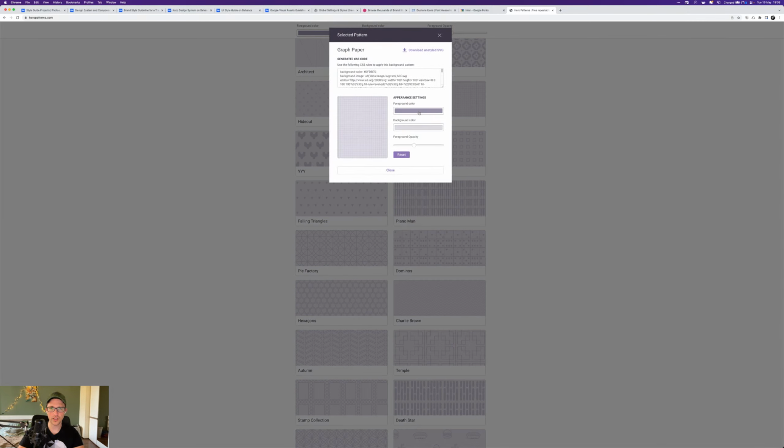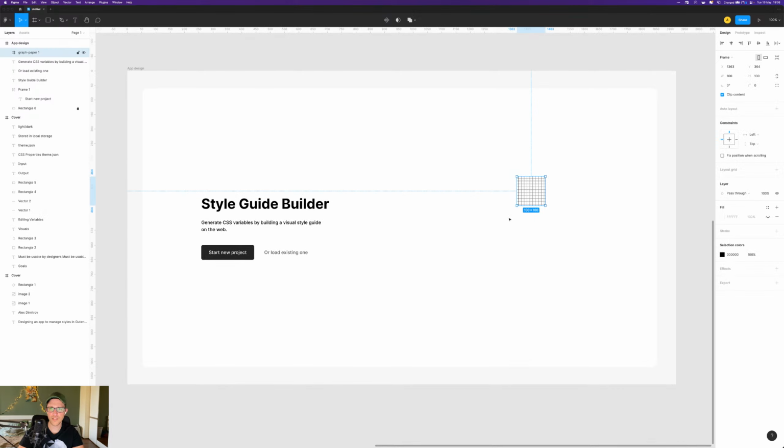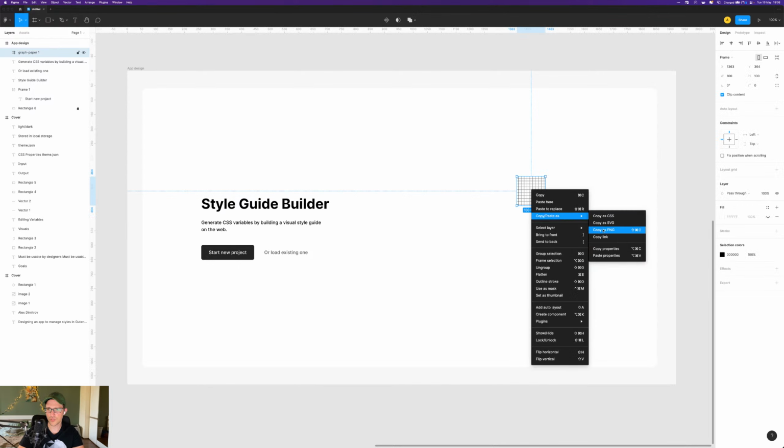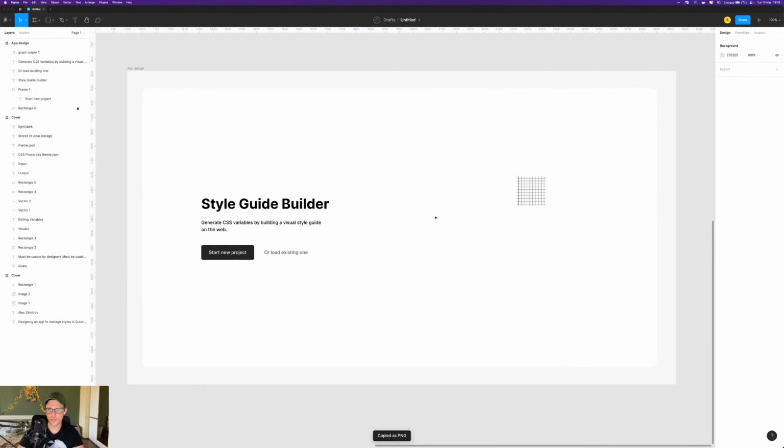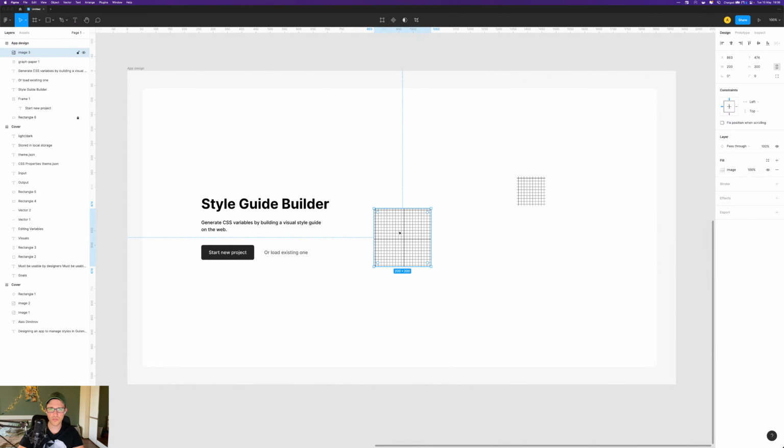Maybe I hate the UI. Black, white. Come on. Download, unstyled. Is this gonna work out? Yes. And now, because it's an SVG, copy as PNG. That doesn't work, I think. I'll paste it here, image, tile, remove,